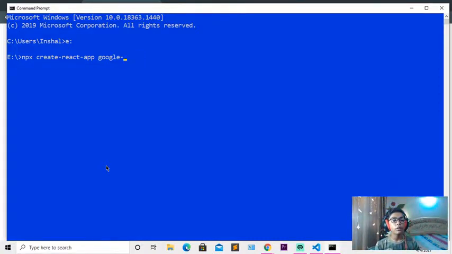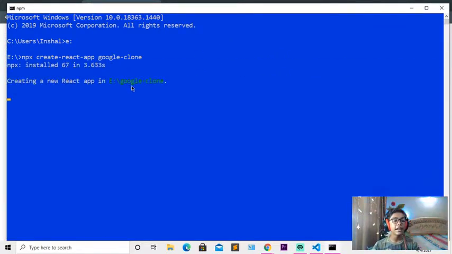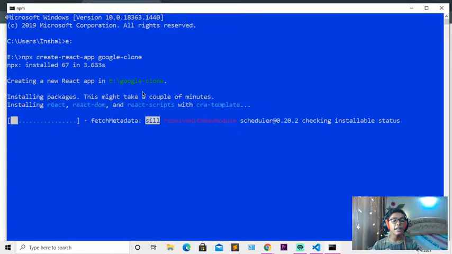So like that you can do, but we are building in React.js, so I'll be simply writing that Google clone. And if you do that, you have to simply do one thing, press enter here. Then it will take some time because it will be fetching your data, extracting some things, and downloading some of the React DOM and React scripts, and some of the templates which we will be needing to work